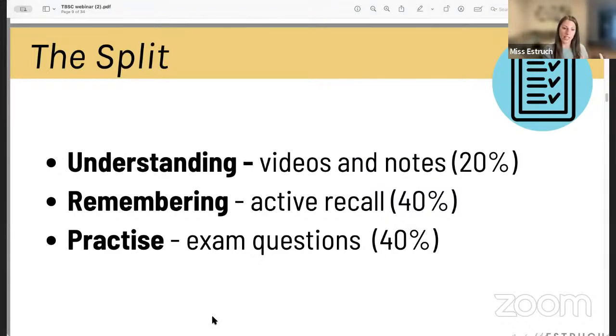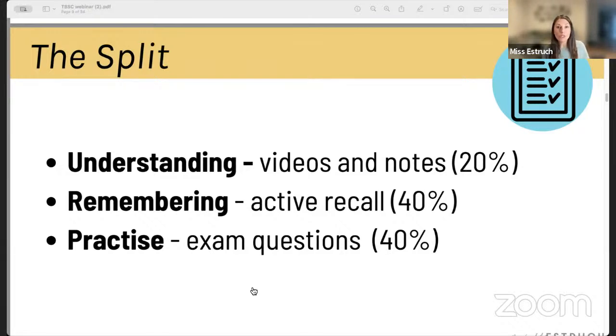You put the time and effort in, just doing the wrong thing. So you should spend about 20% of your time understanding the information. So you aren't spending that long comparatively on the understanding, because you should hopefully have a pretty good understanding already from doing this in your lessons and doing your homework. It might just be some of the harder parts you didn't quite understand in a lesson, you need to go over